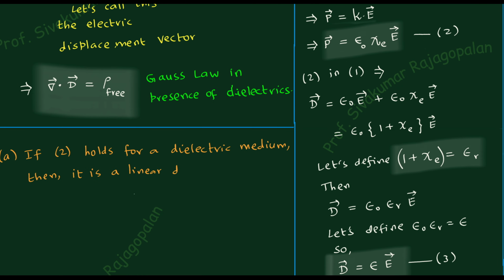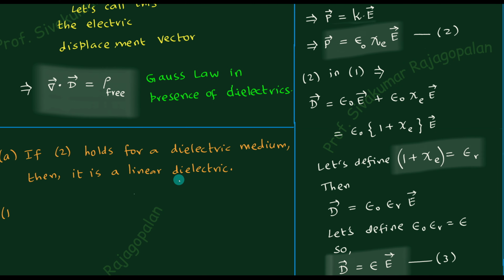Now it is clear that you can consider any dielectric material, and then maintain your experiment in such a way that equation 2 is valid. In that case, the set of all dielectric materials that you considered will become linear dielectric material. So that is the meaning. You can't give the name of the material. Every material, whatever name you write, you can always make that particular material operate in the linear region. So this is the first point.